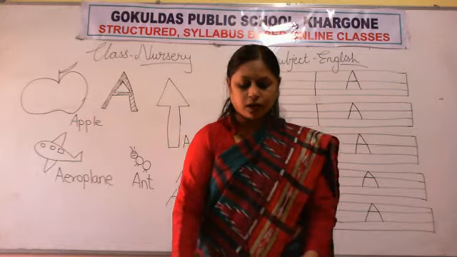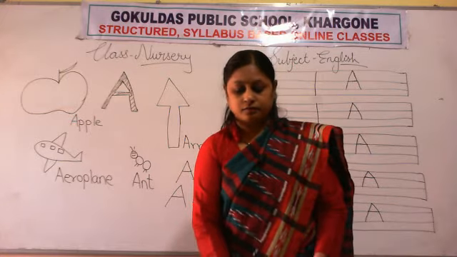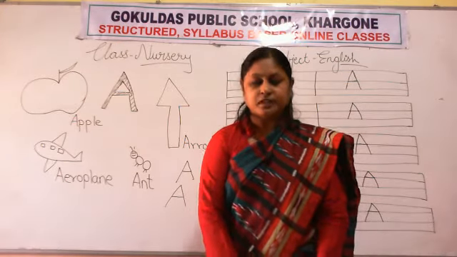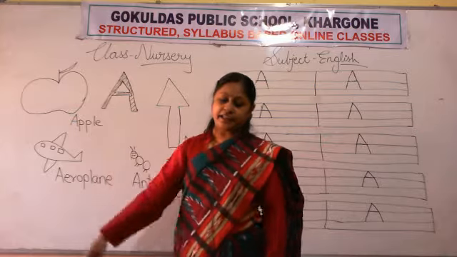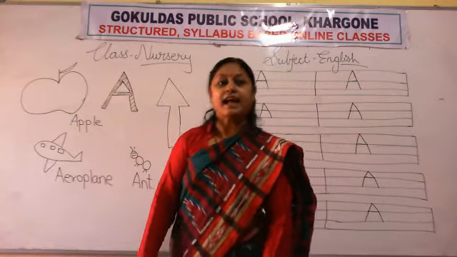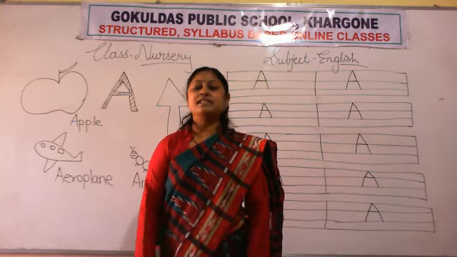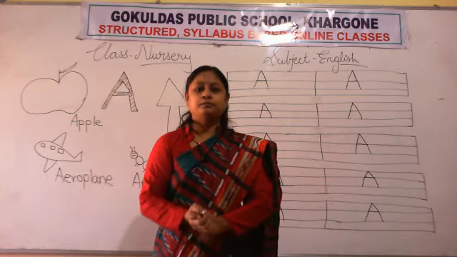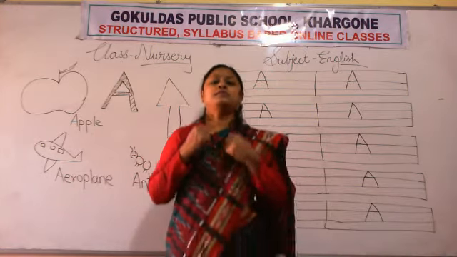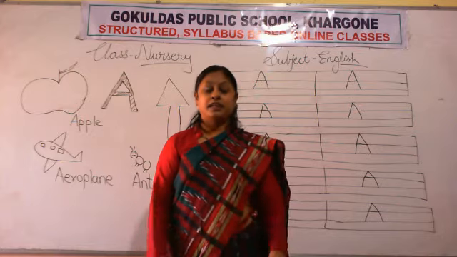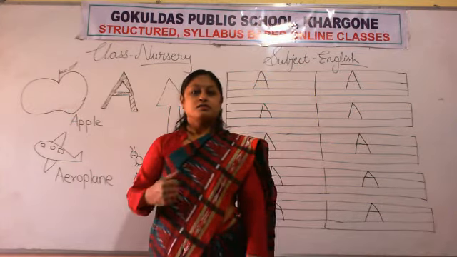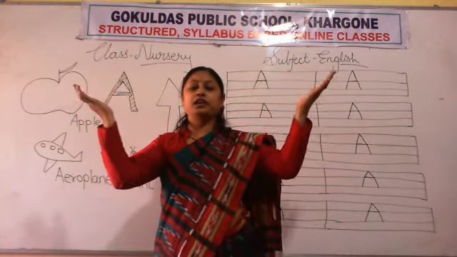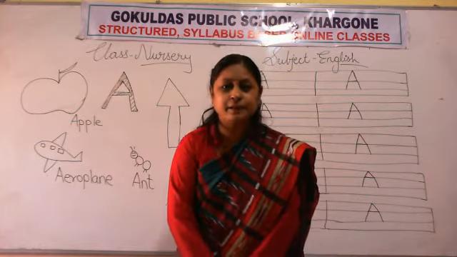Okay. Now, are you ready? Are you ready for rhyme? Okay. Today we have done letter A. So we will say the rhyme. Okay. Which rhyme is this? Apple rhyme. So all of you stand up. Jump. First jump all of you. Jump, jump, jump, jump. Stop. Okay. Now, are you ready to say the rhymes? Yes or not? I can't hear you. Say loudly. Yes, ma'am. Okay.